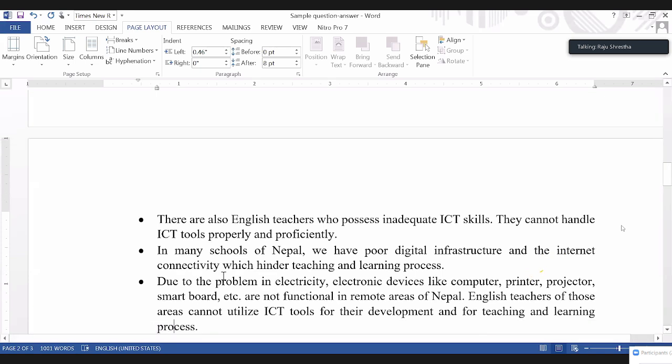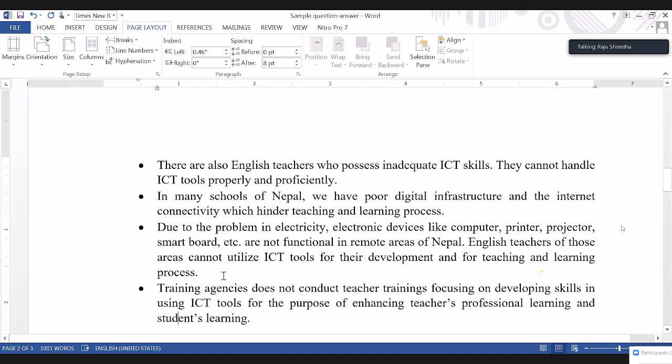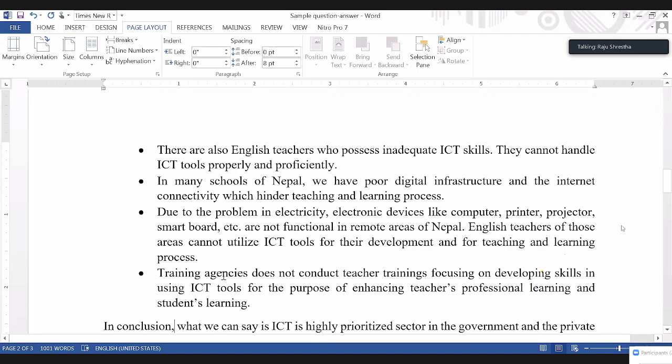And in many schools of Nepal, we have poor digital infrastructure and internet connectivity also, and this creates hurdles in the teaching and learning process, due to problems in electricity. These devices do not work, and of course there will be another problem. Training agencies do not conduct teacher trainings focusing on developing skills in using ICT tools for the purpose of enhancing teachers' professional learning and